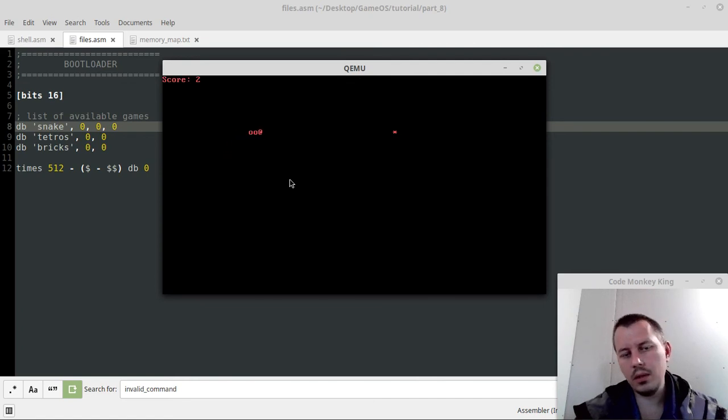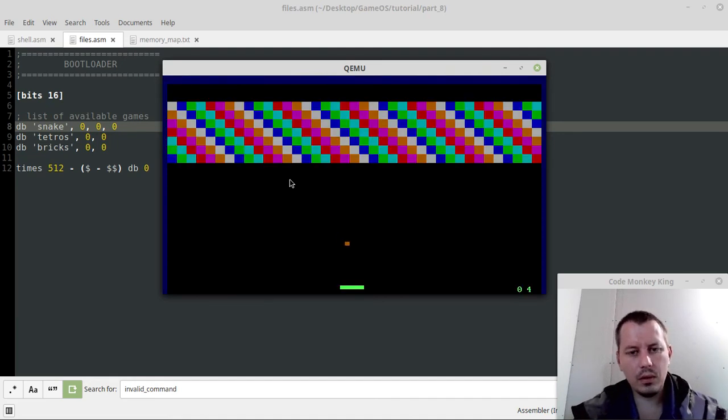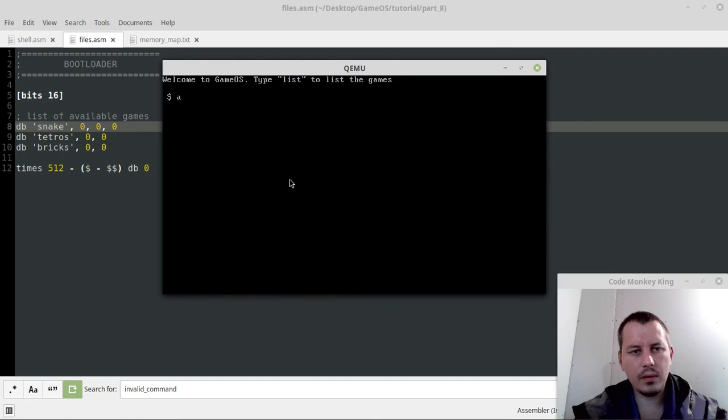Okay, great. And so on. So I've already modified the snake to jump back if I press Q. The next thing, if I type bricks, I can play this Arkanoid type game and go back. Okay, if I use snake again, this still should be working, so it jumps back to